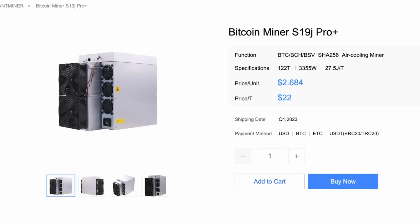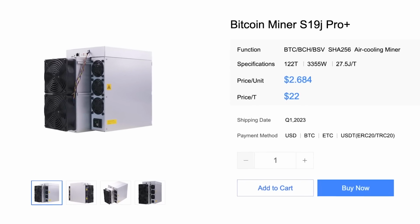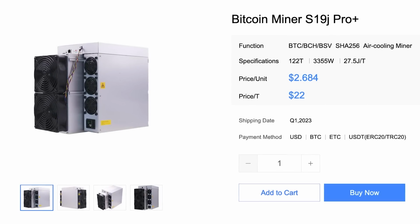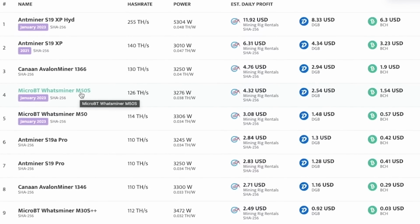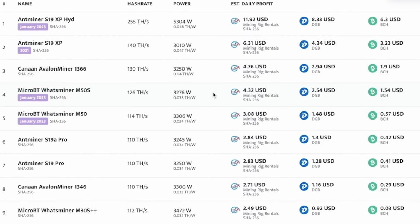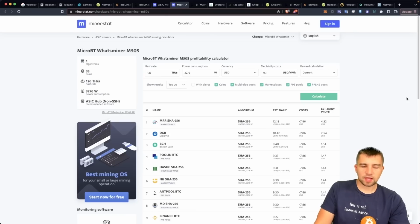How much does this thing make? I don't have one yet. I'm trying to get one. That was just recently released. We look at the profitability charts, it's not there yet. But the M50S MicroBT Whatsminer has very similar performance. So when we click that open, miner stats